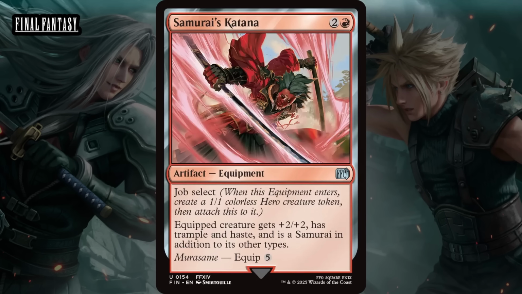So I'm super happy with a 3-mana 3/3 with trample and haste, and this has a ton of upside beyond that thanks to the whole job select thing. It's admittedly expensive to move around, but in the late game, it's going to feel fine to spend a turn putting this on your best creature and swinging. And there also are a few ways to move equipment at a discount or for free,